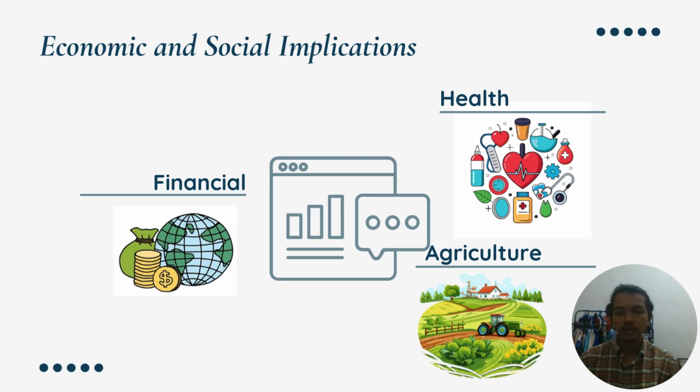The next one is economic and social implication. For this subtopic, I divided it into three things, which are financial, health, and agriculture. For the financial, cleaning up an oil spill in the sea consumes a lot of budget, and a lot of budget is also used for maintenance at the offshore or onshore sites. The next one is health. The health concern is regarding the people